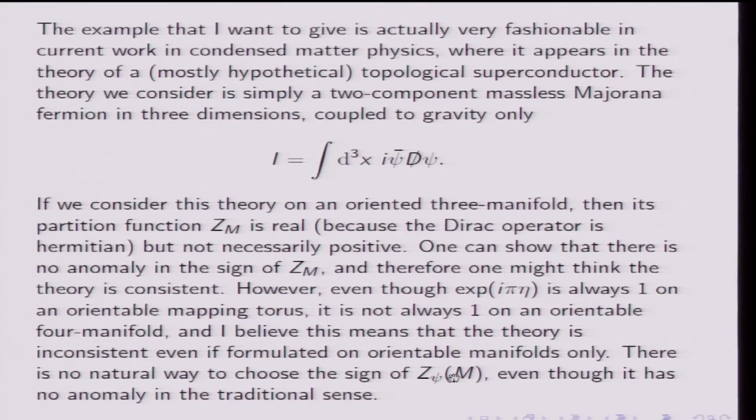So there's no natural way to pick the sign of z psi of m, even though there's no anomaly in the traditional sense. But it's more interesting, since the theory is parity conserving, to formulate it on a possibly unorientable 3 manifold. In this case, you find there is a global anomaly in general. In fact, it's been computed recently by condensed matter physicists in a special case, by Ryu et al., the same